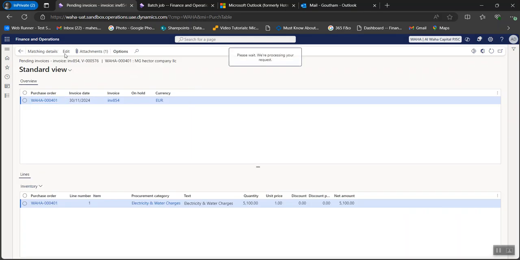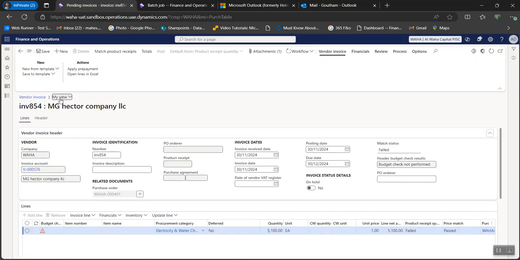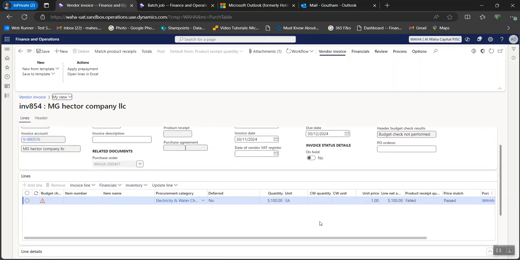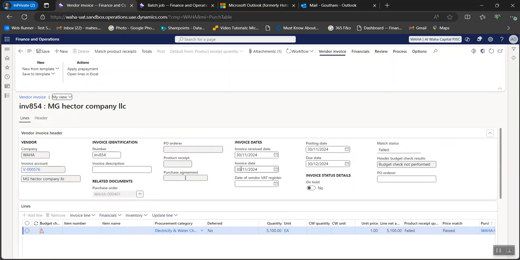Now you can see this is the information which was filled by the external vendor from his portal, like invoice number, date, and the amount. By default he picked it from the purchase order, and the invoice date, everything is populating. Now if I go a step back,